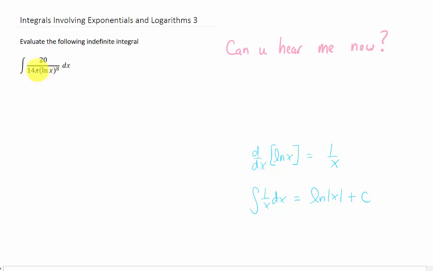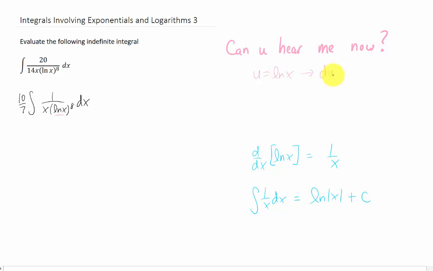This integral involves a really slick substitution. To see it more clearly, the first thing that I'm going to do is take the 20/14ths out of the integral and reduce it to 10/7. And after doing that, you might recognize that if we choose our u equals the natural log of x, we